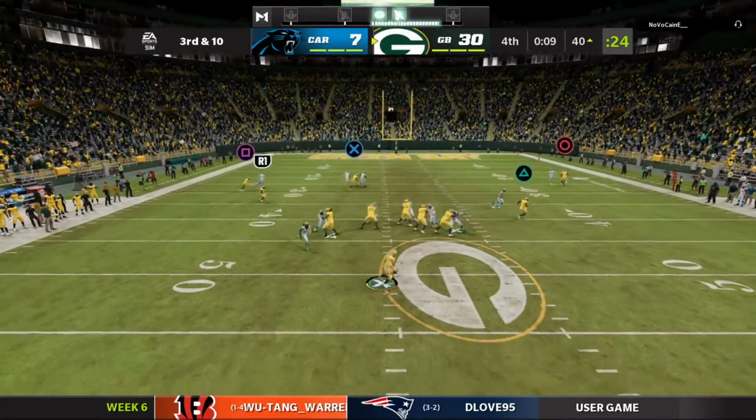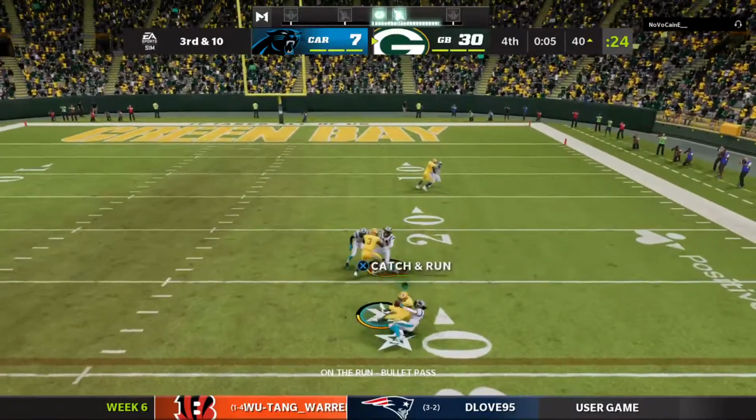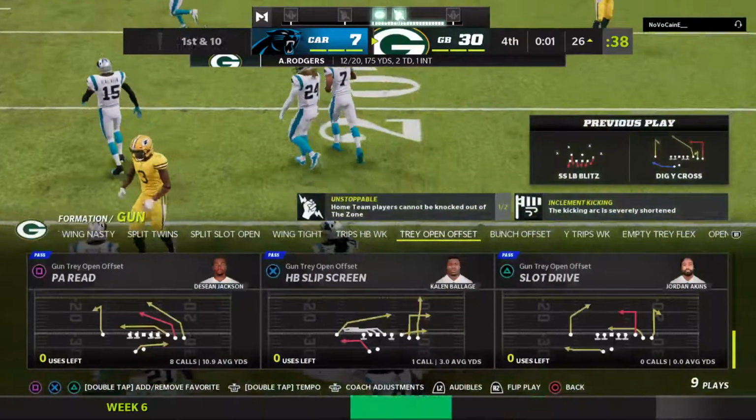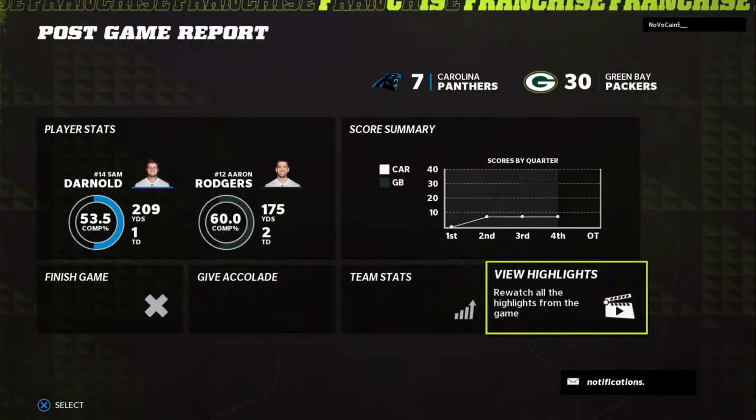Again, they'll throw with Rodgers. Flushed out right. He is going to find Hill here. And he is going to have a Packers first down as they're able to get the 3rd down conversion. So it's all over. A Green Bay victory. And it was their defense that really made the statement after the